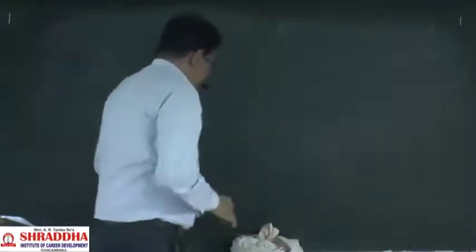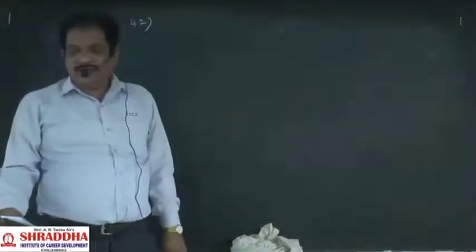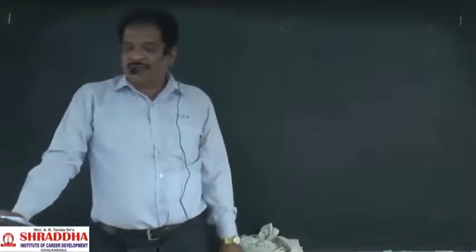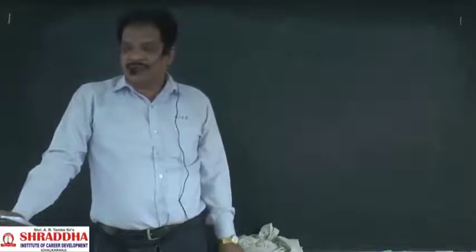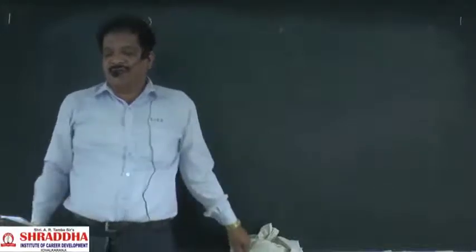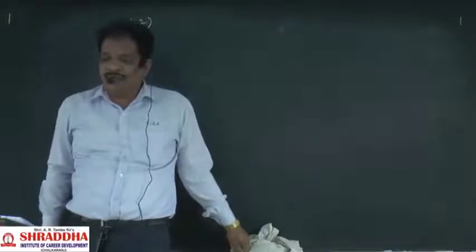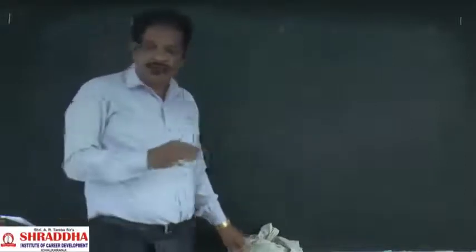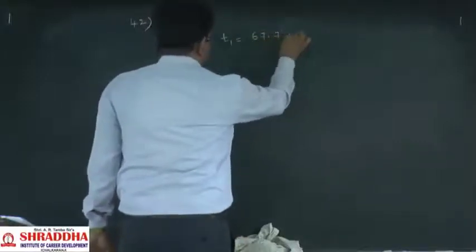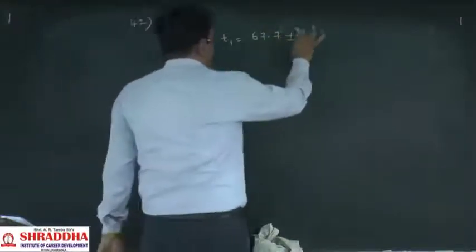Next, 42. Initial and final temperatures of the liquid are measured. What is the rise in the temperature with error limit they are asking. So in addition or subtraction, what you have to do, errors should be added. Remember that. Temperature one reading is 67.7 plus or minus, error will be 0.2